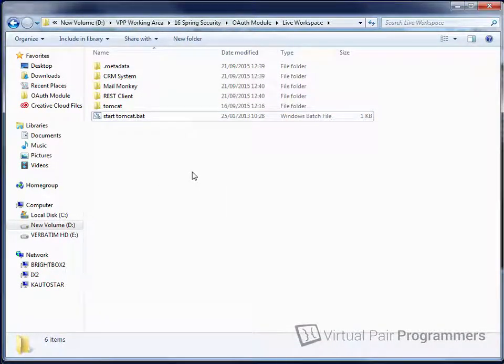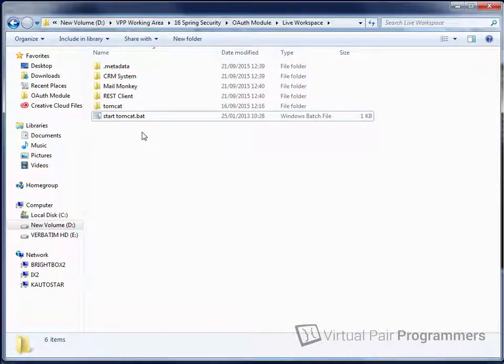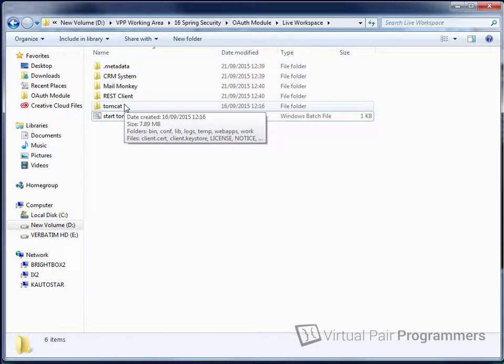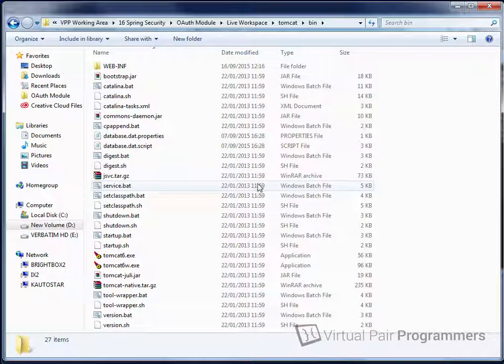If you're using a Macintosh or Linux or Unix-based system, then I can't demonstrate this because I am recording on Windows. Unfortunately, we don't have screen recording software for Linux or Mac. But in that case, it would be a case of just popping up a terminal window, navigating into the Tomcat directory and then the bin directory, and then you want to run the command sh